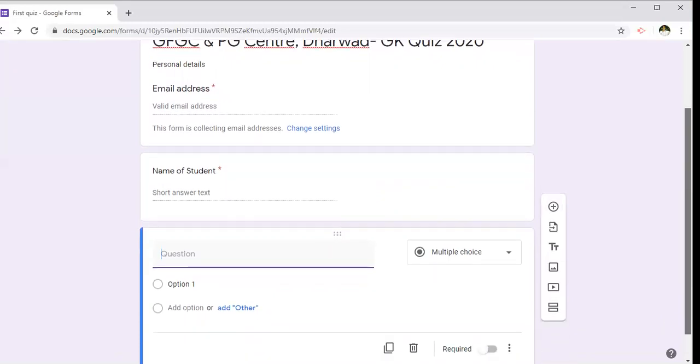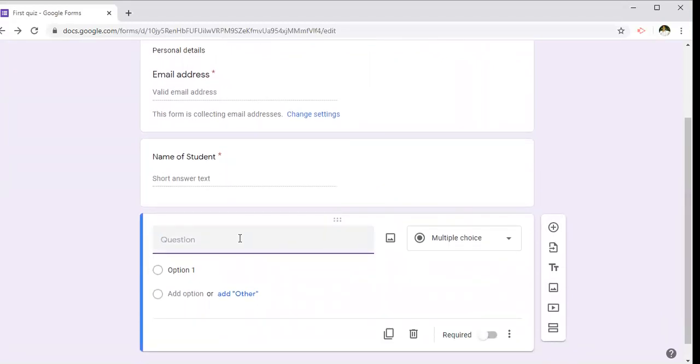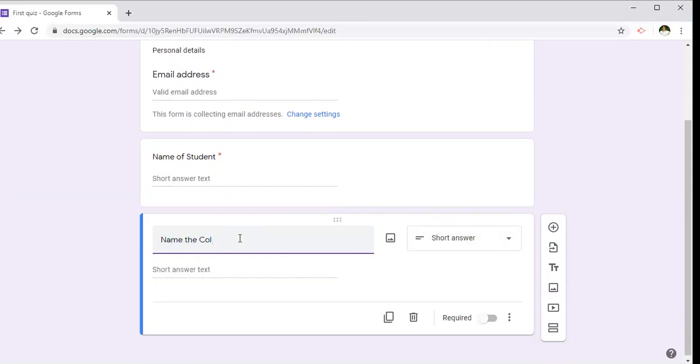So next I'm going to ask them name of the college or university or institution. So again, it automatically takes as short answer. So it's okay, or if you want, you can change it.